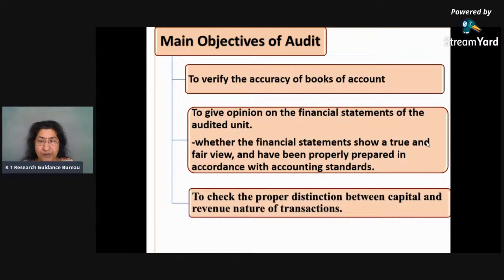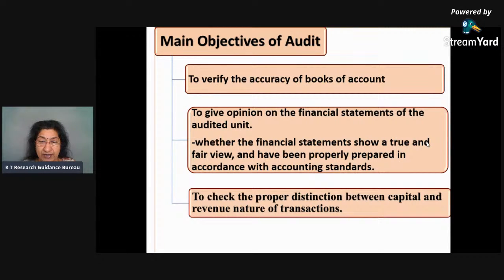Now, this 1 lakh rupee company spent for machinery and this is for the functioning of the machinery, means initial expenditure. So these expenditures, they have to add in the value of the machinery. Means it is capital type expenditure. If you consider it as a revenue expenditure, then the treatment is wrong. Figure may be right.